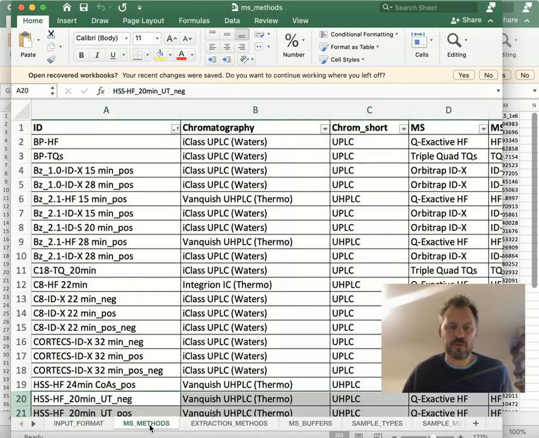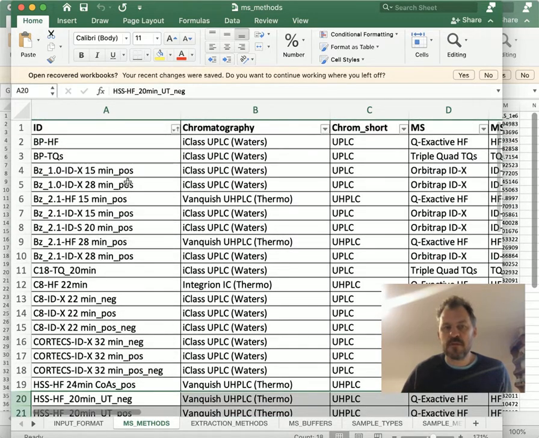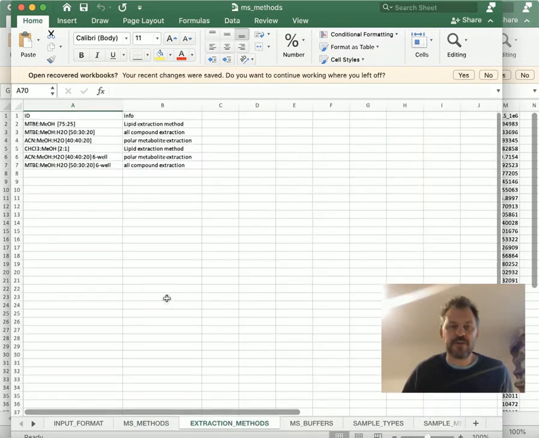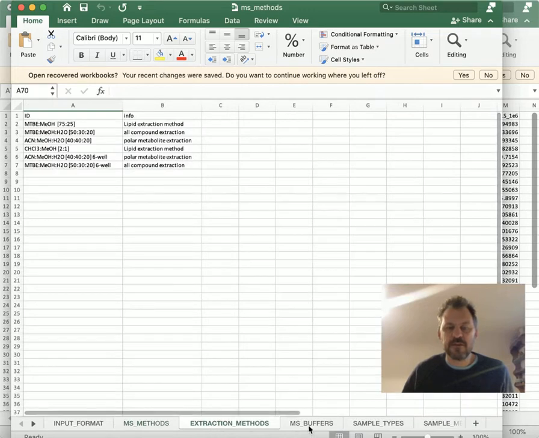But what's maybe more important for you, which you can also really edit, is methods that are then selected from drop-down menus. So these methods here is a list, it's an Excel sheet that Patrick made, and you can add to it. You can edit and change them, and in the same way, extraction methods, you can add some more extraction methods if you like. And buffers. So these three things, methods, extraction method, and buffers, are things